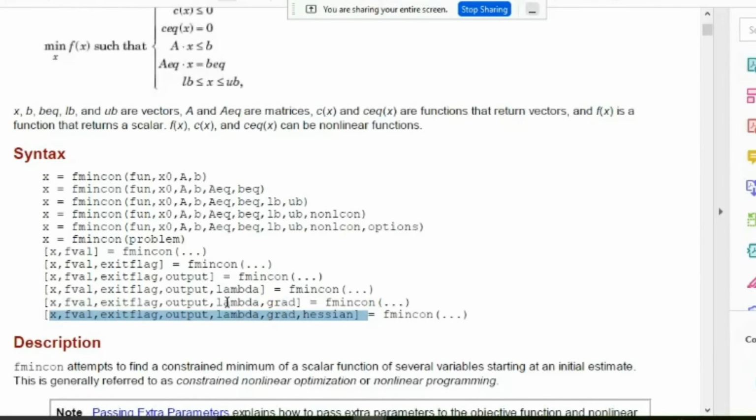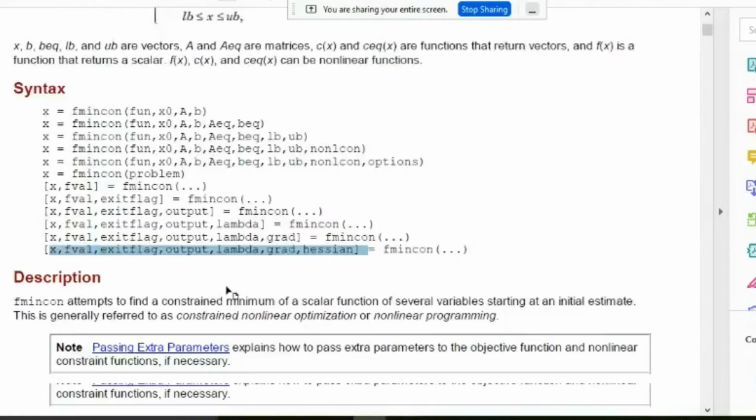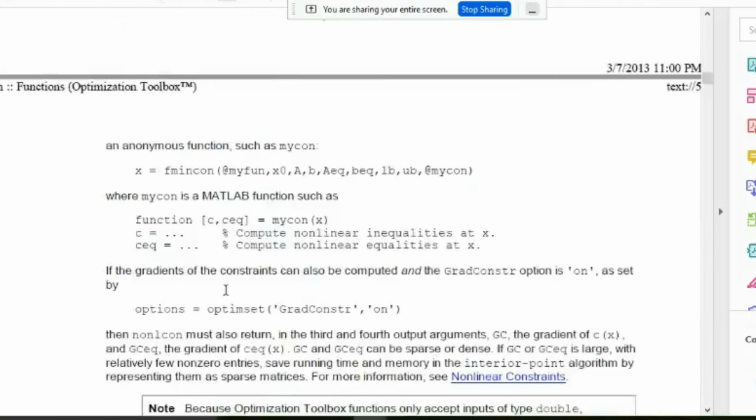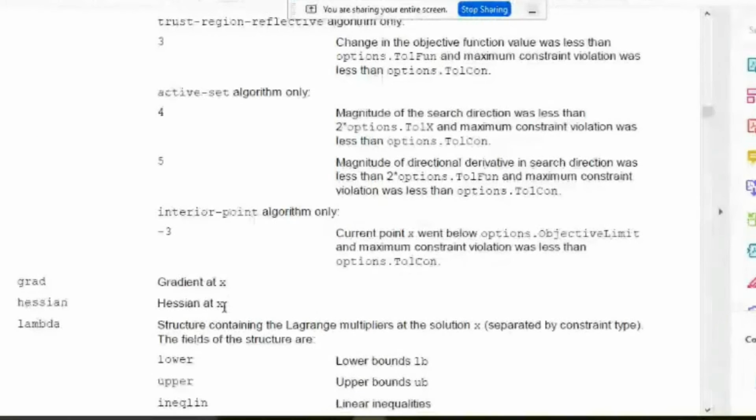So before writing the run file, with respect to this syntax, we have to write the m file for the objective function, the m file for the constraints, and then one run file, right? So just here, for the sake of your information,